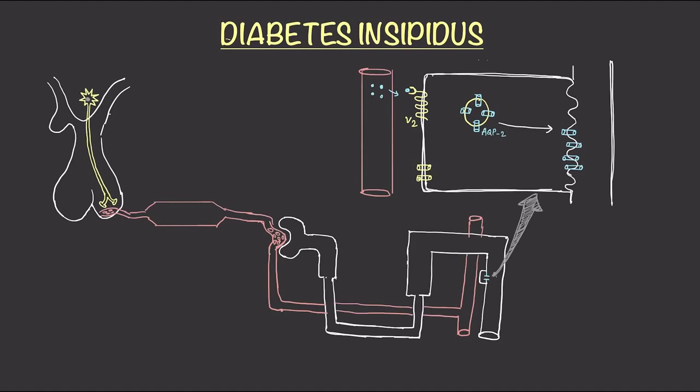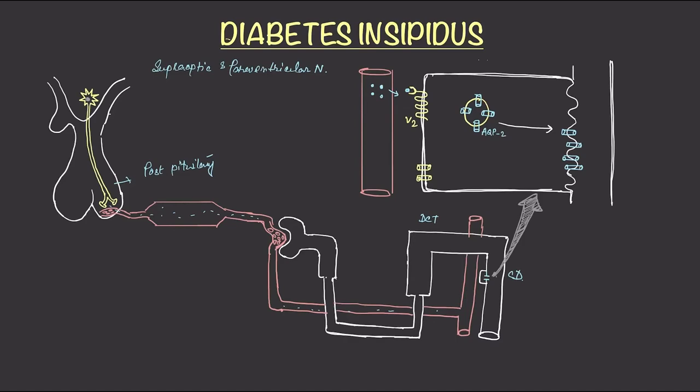Now, this ADH or vasopressin is a peptide hormone which is synthesized by the supraoptic and the paraventricular magnocellular neurons, and stored at its nerve terminal, which is located at the posterior pituitary. Now, when the proper stimulus for secretion comes, the ADH is released into the circulation and goes to the site of action. Where is the site of action? These are the cells over the distal convoluted tubule and the collecting duct of the renal tubule, which are sensitive